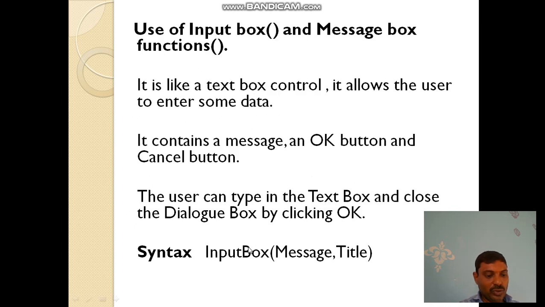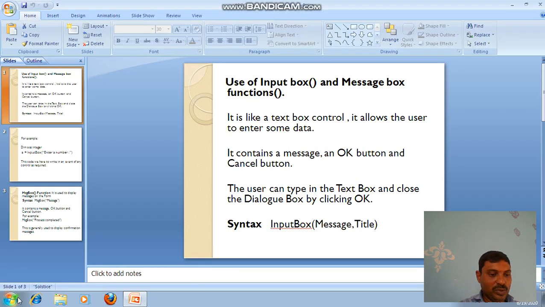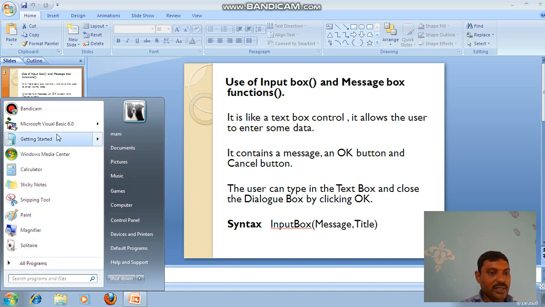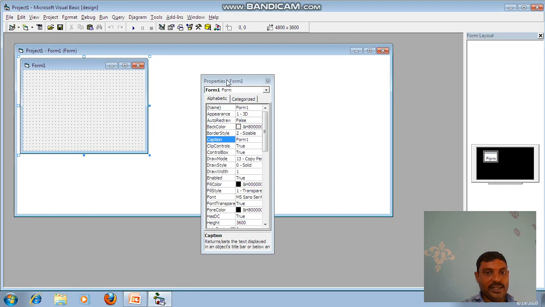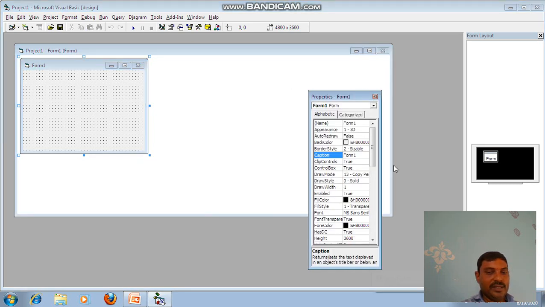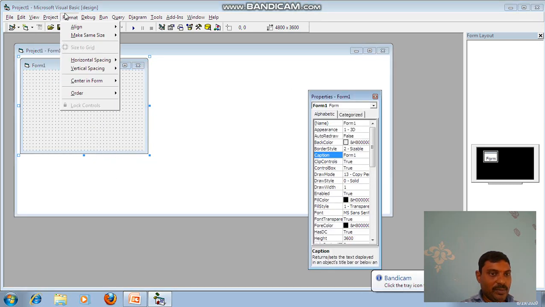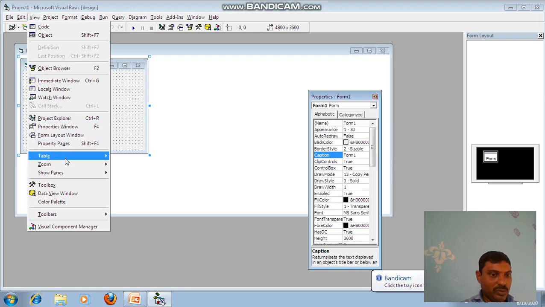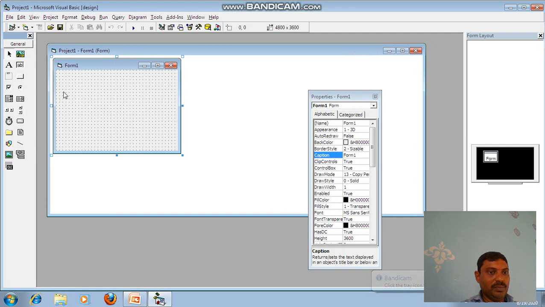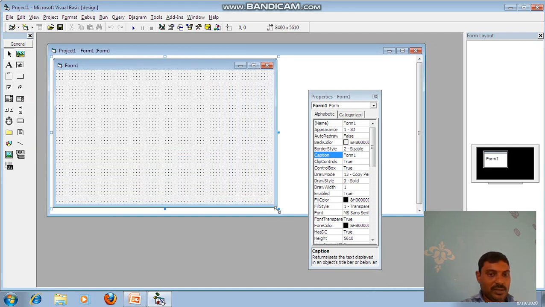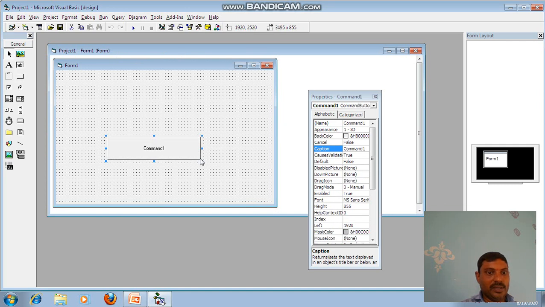Now I will show you one program on these input box and message box functions. I'm opening Visual Basic 6.0, Standard EXE. I'm placing a command button control. The toolbox is available here. I'm taking one control, the command button control, and placing it.